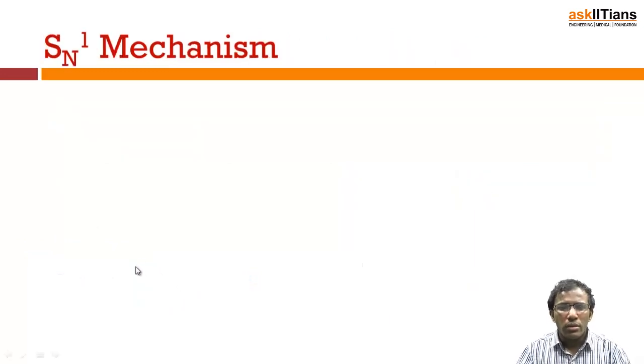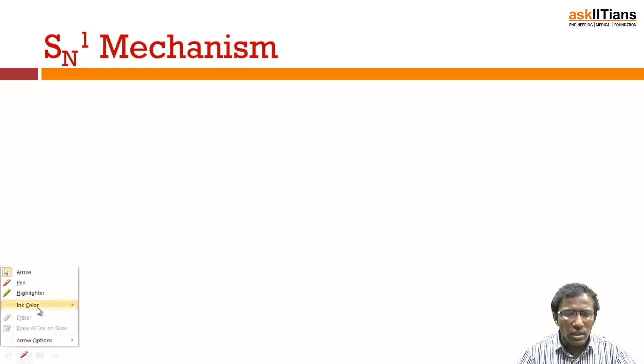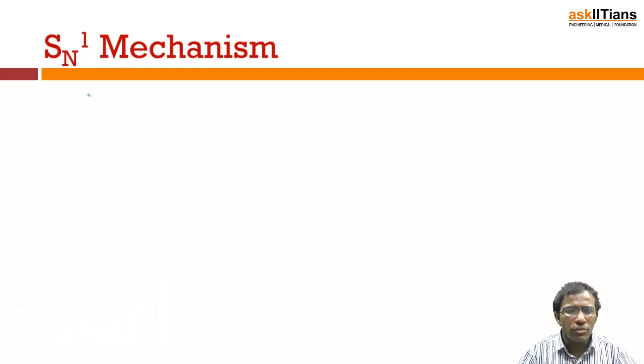So the nucleophilic substitution reactions are of two types. One is SN1, another is SN2, right? Here the N implies nucleophilic, S implies substitution, so it is nucleophilic substitution. Then what does this 1 indicate? To know the importance of 1, we have to get into the mechanism,